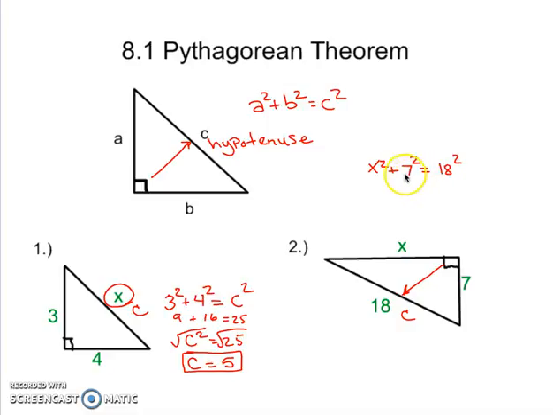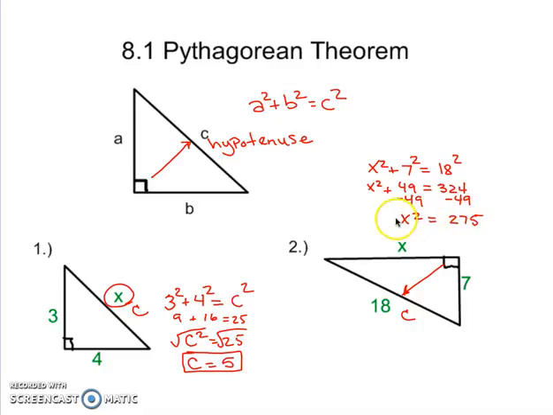If I simplify this, we would subtract. So here we're going to have, let's put the values in. So we'd have x squared plus 49 equals 324. So I would subtract 49 from both sides, and we would get that x squared equals